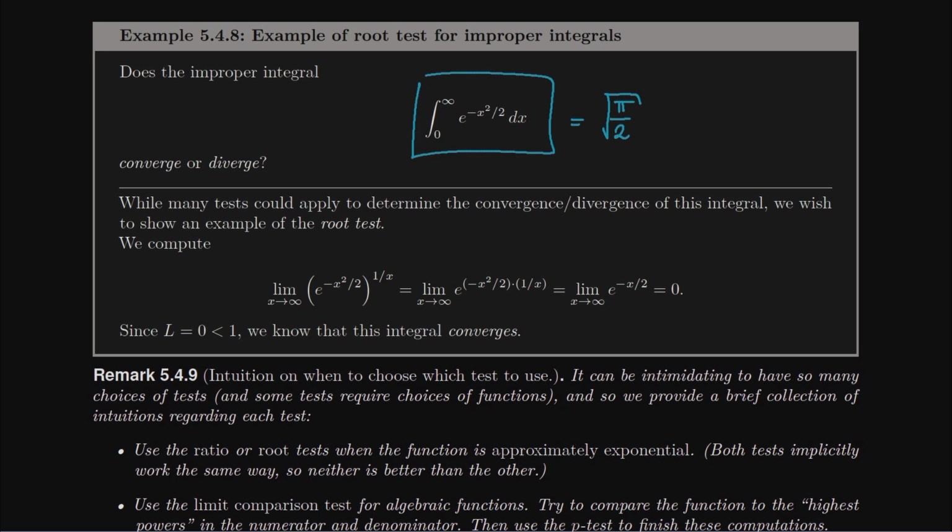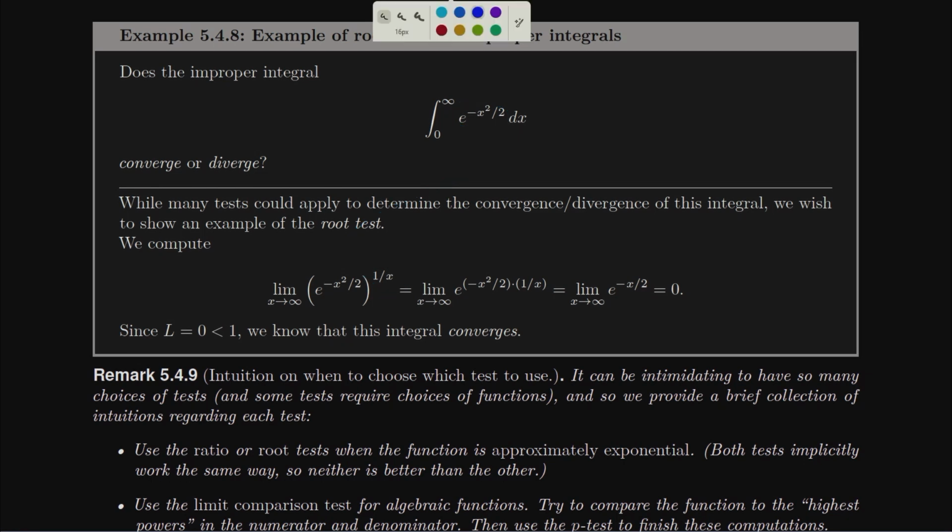So we technically know that this converges, but let's actually verify that really quick. What do we have to do using the root test? We're going to grab that function and take it to the power 1 over x. The nice thing about taking an exponential to yet another power is that these powers just go ahead and multiply each other. When they multiply each other, what do we get?